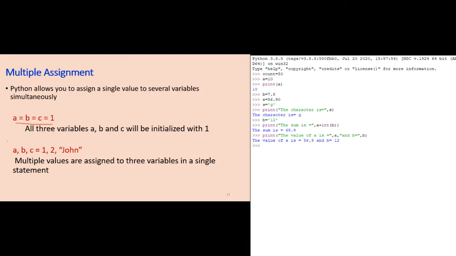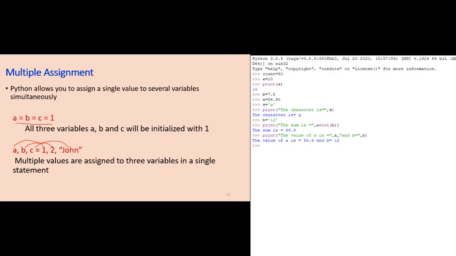And sometimes if I want to initialize two or more variables with different values, this can also be simply given. A comma B comma C equal to 1 comma 2 comma John. So it can have mixed data types also. That means the value first given will be assigned to the first variable and 2 will be assigned to the second variable and John will be assigned to the third variable. This depends upon the order in which we are giving at the right hand side. It can again have mixed data types.